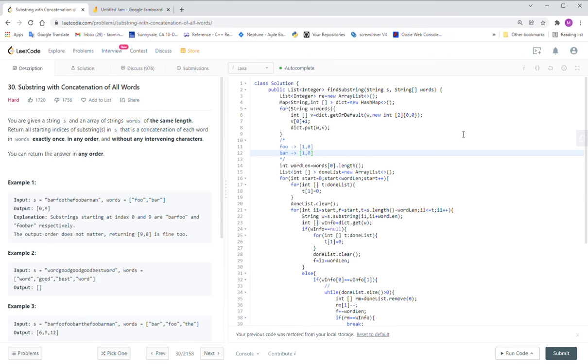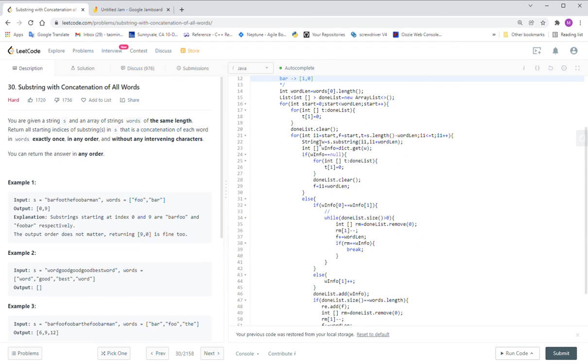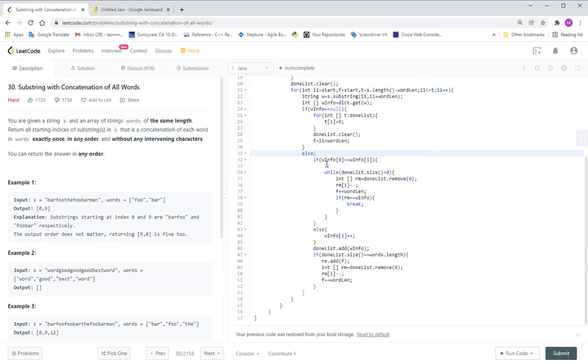Okay, so when they come here, they do initialize, and then from here, the first string is bar. So when they visit the dictionary, they get the word info. Word info is not null. Okay, then we check bar's